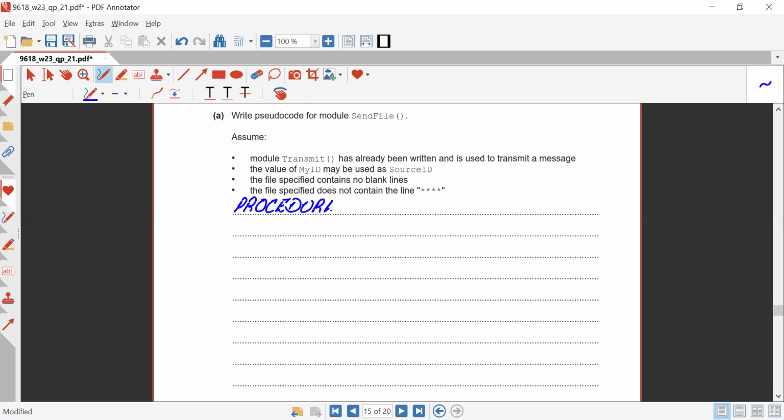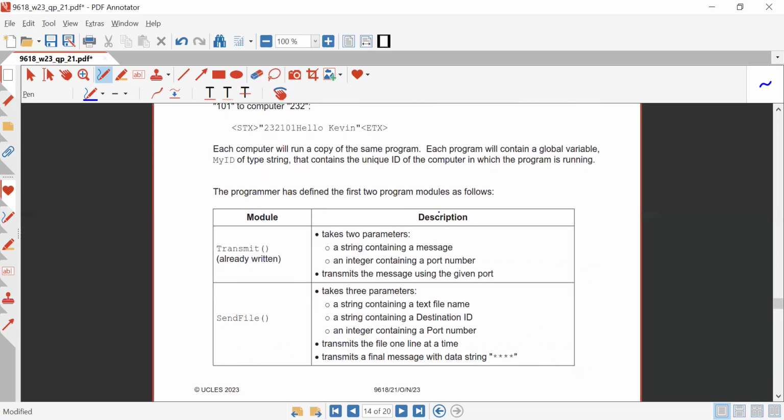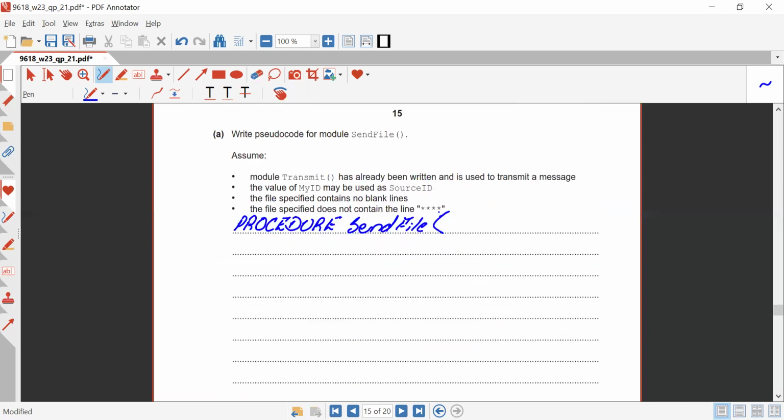Procedure, now we need to make it for SendFile. Now, 3 parameters. What were the 3 parameters? A string containing a text file name, then a string containing a destination ID, and then an integer with a port number. So we can take file name,